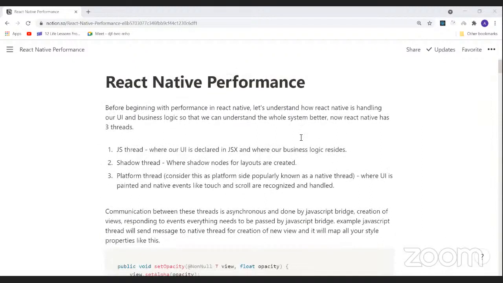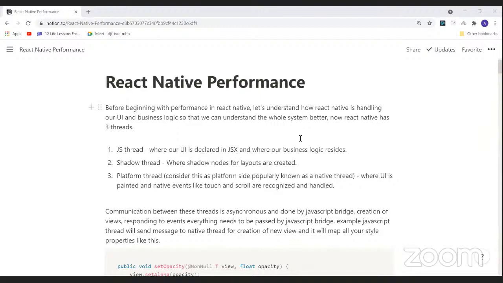Hello, you all. So I'm going to talk about React Native performance. Starting with, I will touch upon internals so you can understand the whole system better. Then I will move forward with performance in the context of internals, so you can get better ideas when choosing a library and making decisions for architecting your mobile app better.